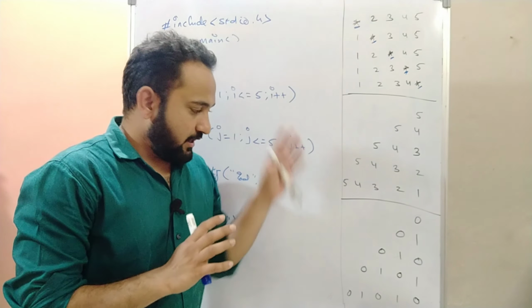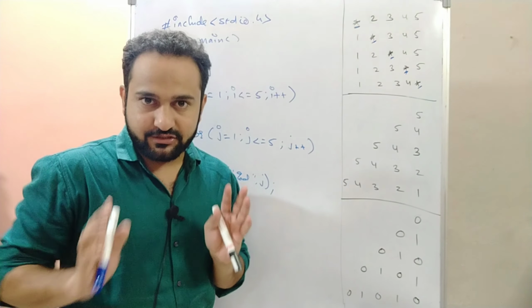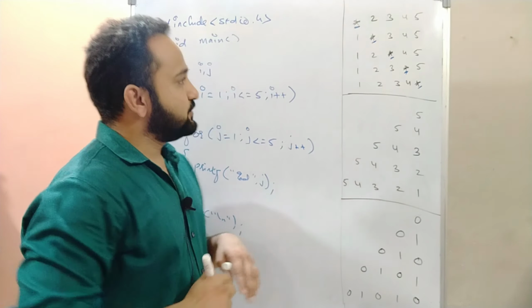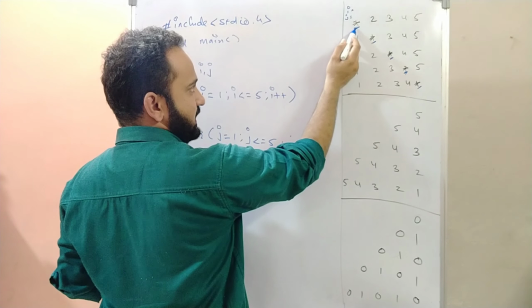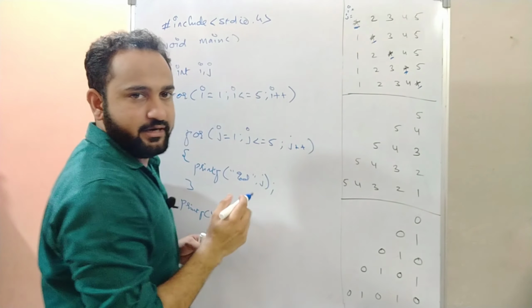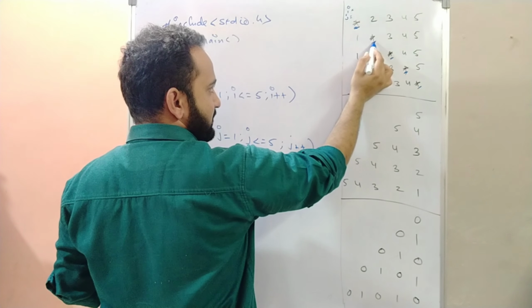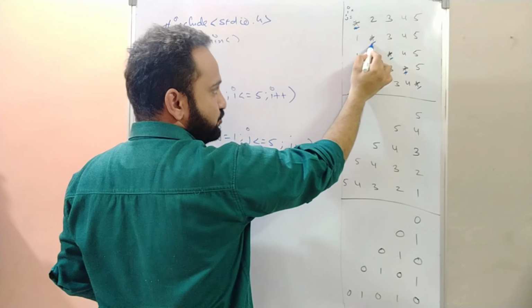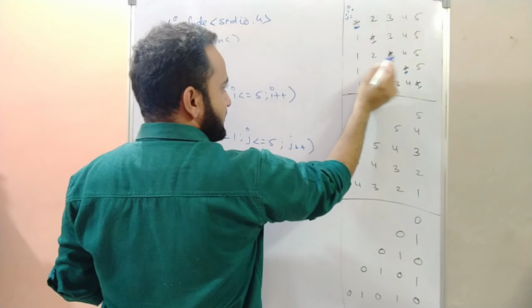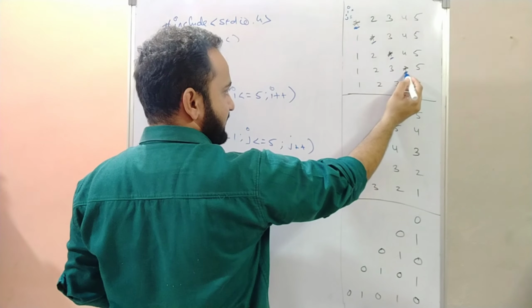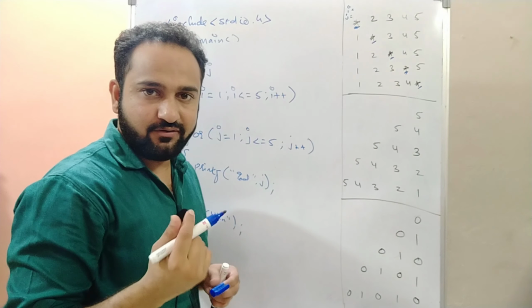Whenever you see any new pattern, there will be some relationship. That relationship you have to find. So if you see here, at this place where you are printing the star, think about the value of I and the value of j. For the first star, what is the value of I? 1. What is the value of j? 1, right? First row, first column only. So the value of I and j is 1 1. Now for the second row, the value of I is 2, and j is 2, right? For this third star, the value of I is 3, the value of j is 3. For this, I is 4, j is 4. For this, I is 5, j is 5.